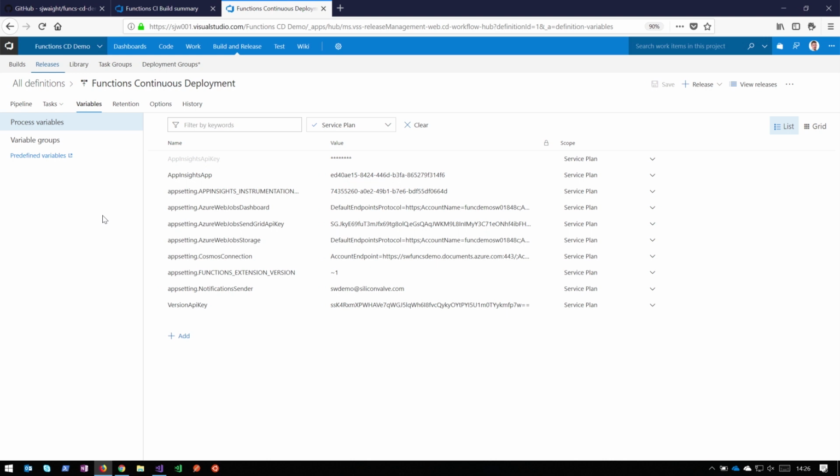And the reason that we do that is that way we can cut out those manual edits. We can control it from here. So these variables, this is scoped to the service plan. There'll be a duplicate one scoped to the consumption plan. Correct. So the process will go through and do those, and then depending on which environment it's deploying to, it'll